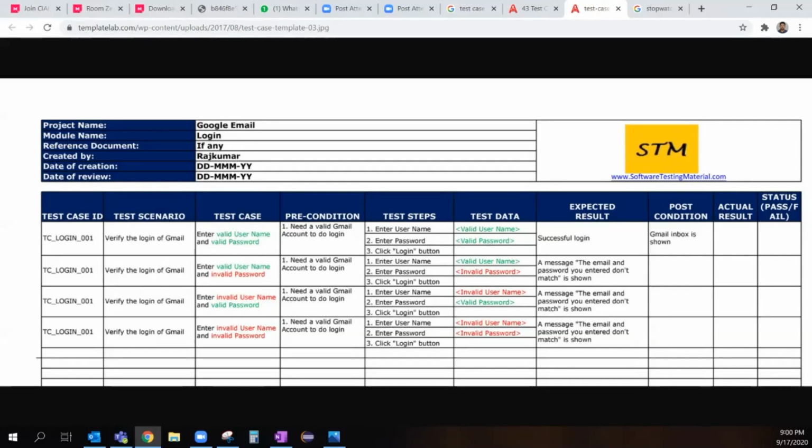Sorry. Test case should be clicking on Zoom meeting room, create a room, or schedule, by the user. It should be create a link. My preconditions are I need a Zoom app.